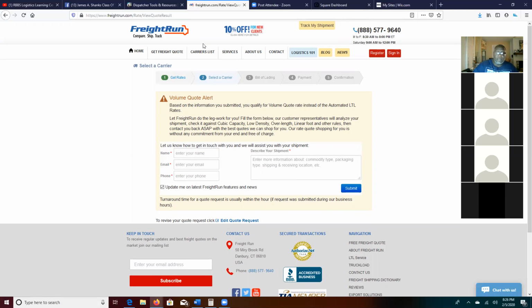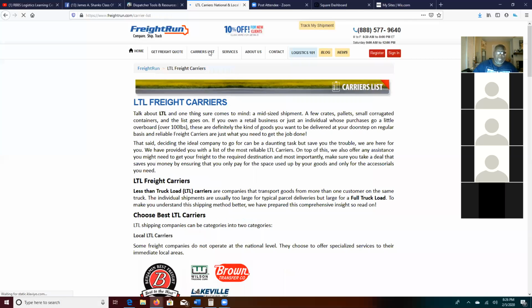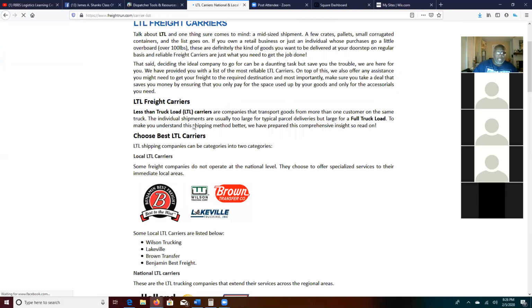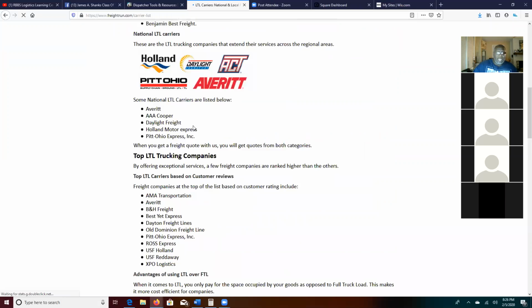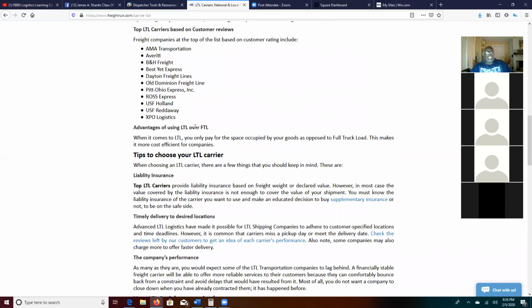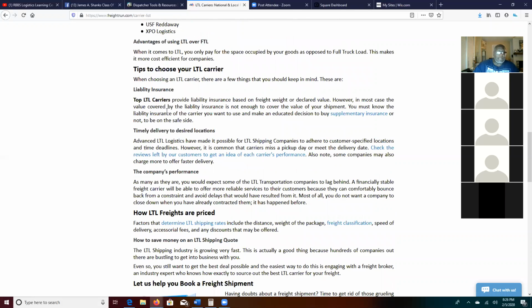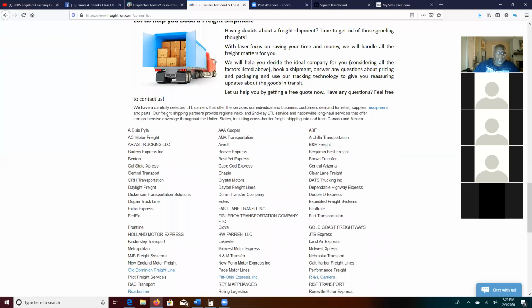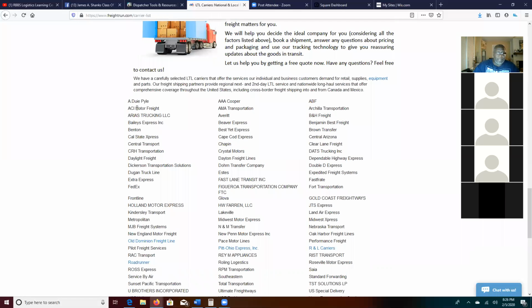Would that be a good way to try to recruit some trucks? Well, I mean, you can, but most of these are going to be big companies. Yeah, like see here? Okay. Yeah, these are not the independents. These are going to be like companies.